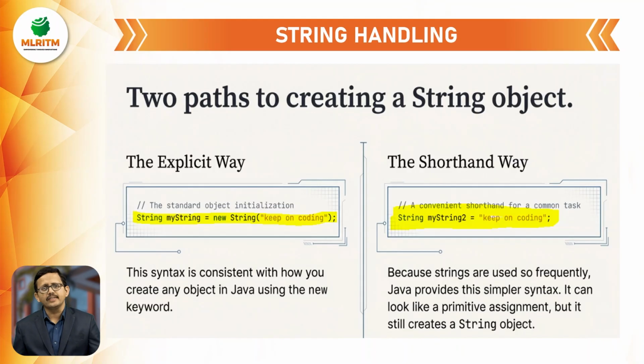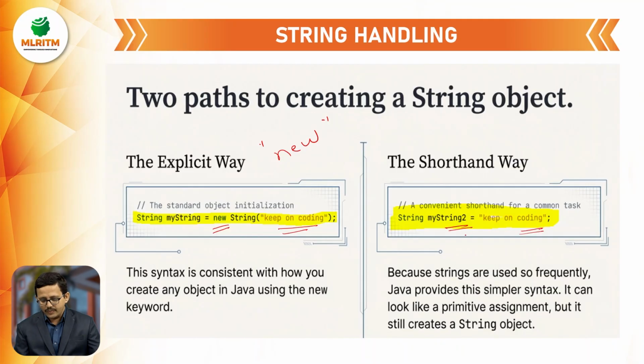So how do we create a string object? There are two ways: the explicit way and the shorthand way. Let us see both methods. The first is standard object instantiation. We have the new operator in Java that is used to create new objects, so we can create strings in the same way as other objects. String myString = new String("Keep on coding"); this is a string object with the content Keep on coding. The second way, the shorthand method, is String myString2 = "Keep on coding";